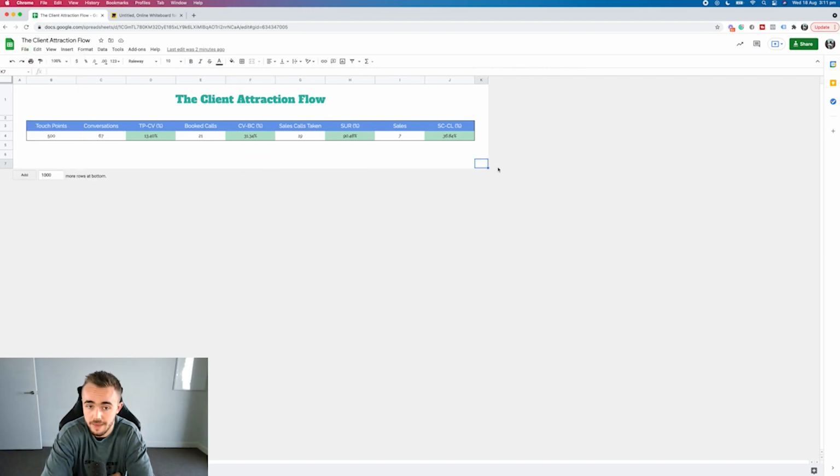But as I say, I hope it makes sense and I hope it is useful, because the idea of reverse engineering is like the most powerful thing that you can do. I do it with absolutely everything that I do, primarily client acquisition, as well as obviously sales, but also ad results for clients as well. So like actual client ad managers and whatnot, we're always reverse engineering, because if you're able to reverse engineer the process, you just see exactly where the issue is. And if you can see where the issue is,